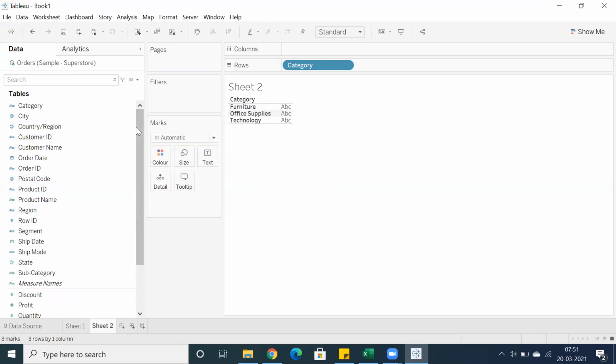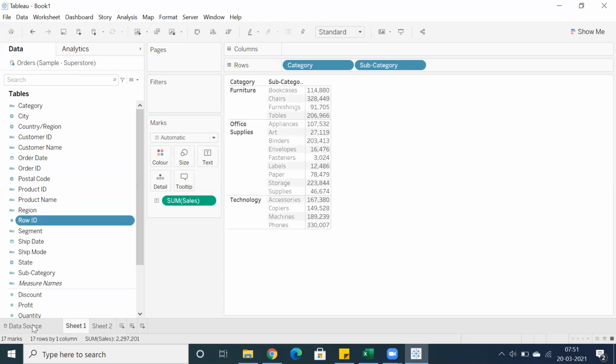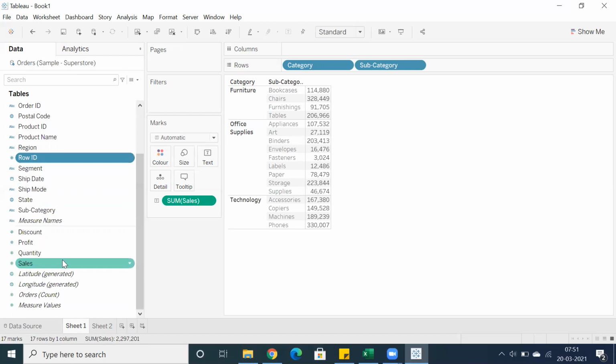The aggregation in terms of dimensions, the default aggregation we are going to use is count. We generally count the number of discrete values, the number of items, number of customers, something like that, number of days. But in terms of measures, we have proper aggregation, like we can sum up the values: sum of sales, average, minimum, maximum. All these are aggregate functions.